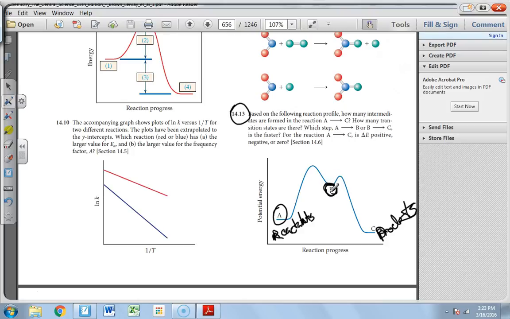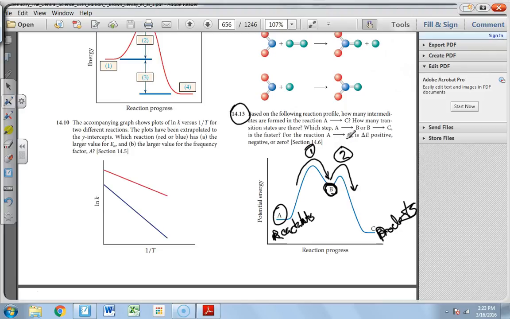this is the intermediate. And then it says how many transition states are there. Well, a transition state is the way that the bonds have to be made or broken in order to get to the low energy places. So there's 1, 2 transition states. And now, as we're looking at this reaction coordinate, the second part says which step, A